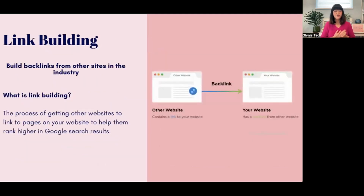Another important factor is link building. Building backlinks is the process of getting links from other websites to your website. And that's important because it helps search engines to